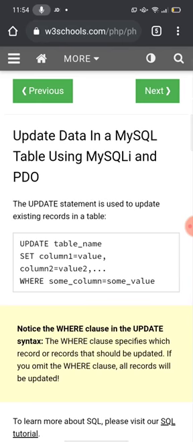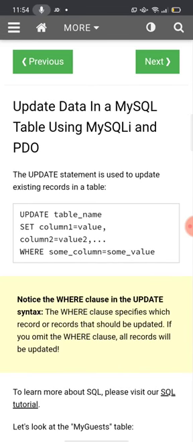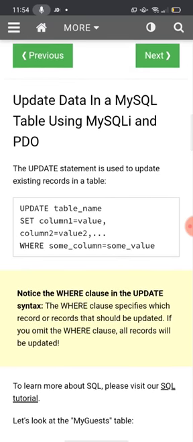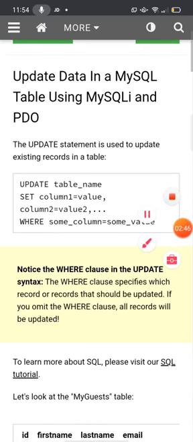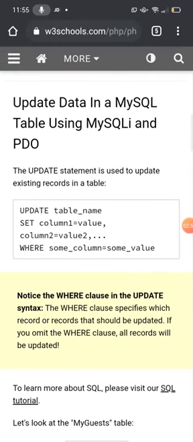For example, there is data of a student. Inside the data of a student, there is a student ID, name, roll number, GR number, address and contact number. So if you want to update the contact number, what are you going to do? If you want to change the contact number, you are going to use the update statement in a database. Let us see how to do it, one by one.